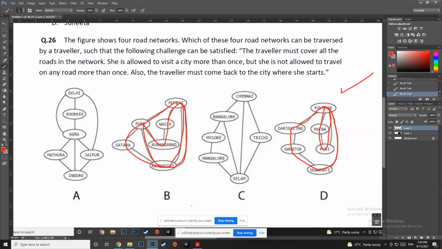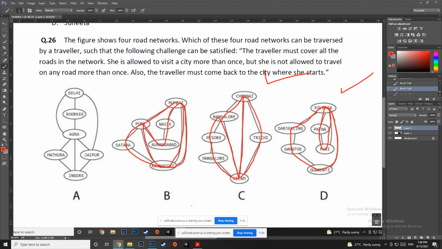Single line, right? And C, most of you are saying C can be done. I don't believe you guys, but maybe it can be done. So Chennai, Trichy, Salem, Bangalore, Mysore, Bangalore, and then Salem, then Chennai, then Bangalore. Oh yes, it can be done. So again, Chennai, Trichy, Salem, Mangalore, Mysore, Bangalore. You can start from any city, Anirudh, no problem. You go to Salem, Chennai, and then Bangalore. Yes, C can also be done. B can also be done.